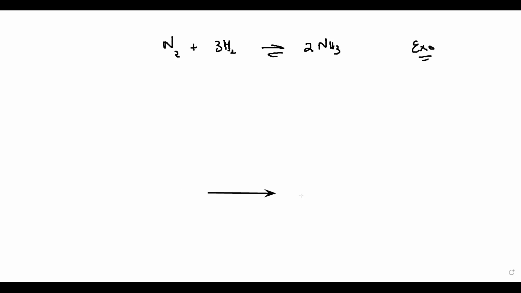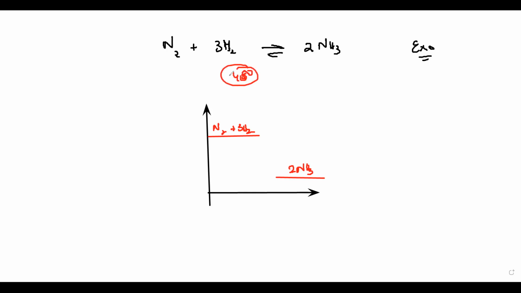What will be the effect of temperature if the reaction is reversible and we change the temperature? Two things can happen: we can increase the temperature, or we can decrease it. If the reaction is exothermic, reactants have more energy and the product particles have less energy. This reaction occurs around 450, but what if the temperature is more than 450 or less than 450? If we decrease the temperature,